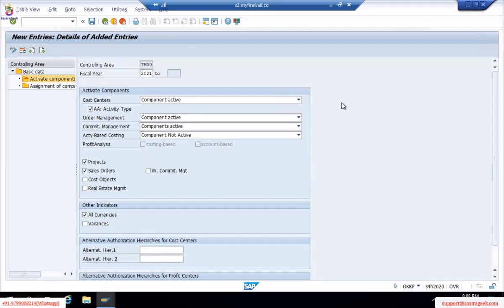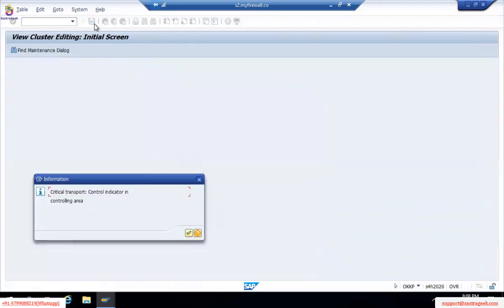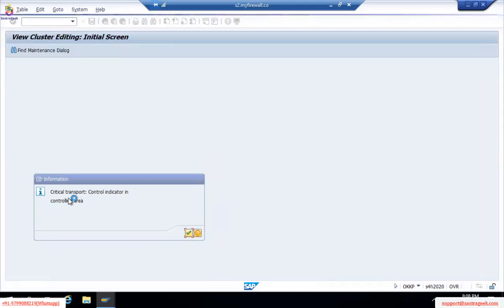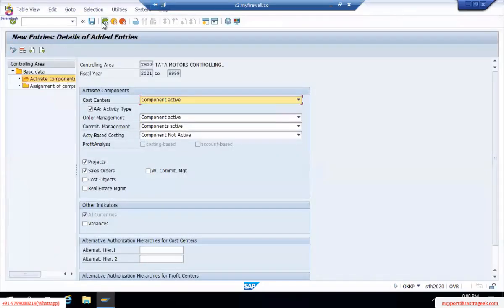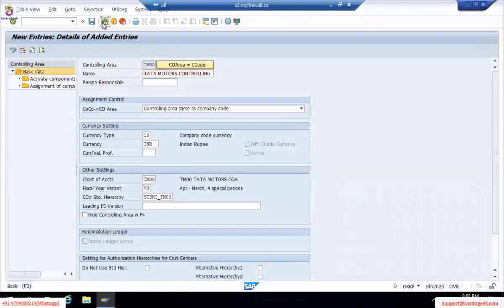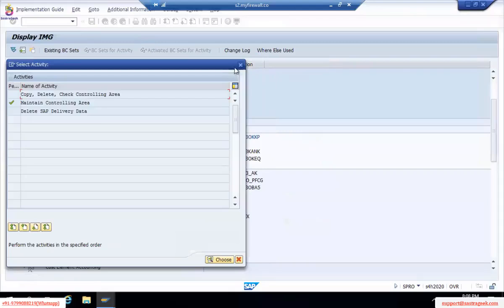Then any doubts here? Shall I save? When we click on save, critical transport control indicators in controlling area, yes, do it. Yes. So all the critical transports in controlling area will transfer. Okay, this is a basic setting actually. We need not complete the other steps other than this new one, which is